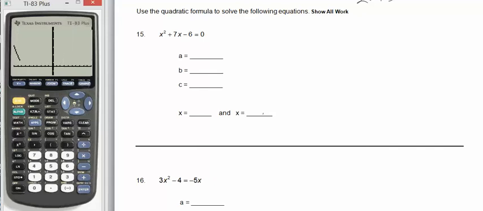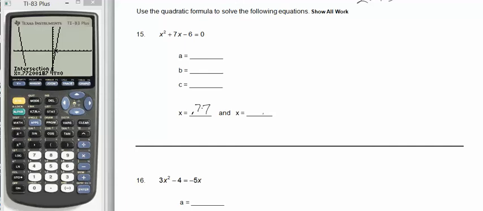And we would graph it. Oh, our graph is funny. Zoom Standard is 6. All right, so these look like they're decimals, so we're going to have to do second, calculate, 5 is the intersection. Enter, enter, enter. And that's 0.72,